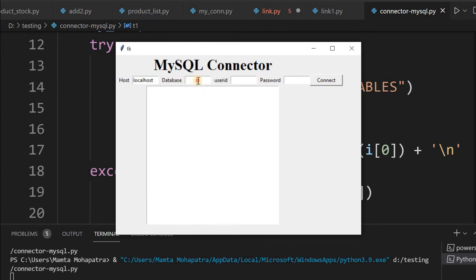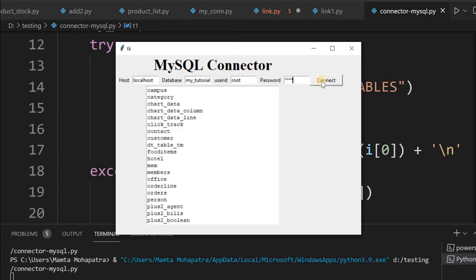Yeah, here is the output. Database name, I am giving the correct one. Correct login details I will give. This is the user, I will change that. Now I am giving the password also. This password is printed as stars, and you can see it in our entry widget tutorial. There I have just used the show option. One option is there where you can change it, if you don't want to display the text. So I am just clicking connect. Yeah, it has worked and it has displayed all the tables.